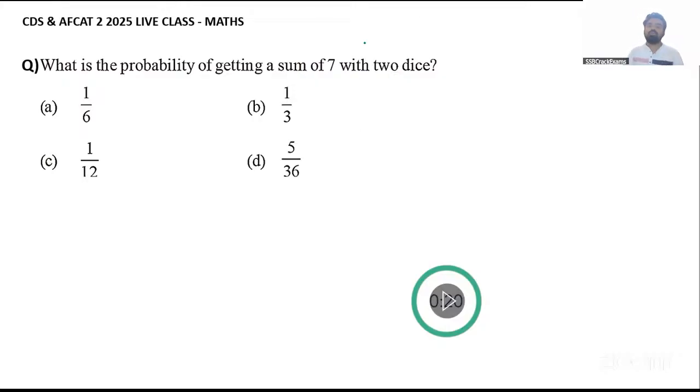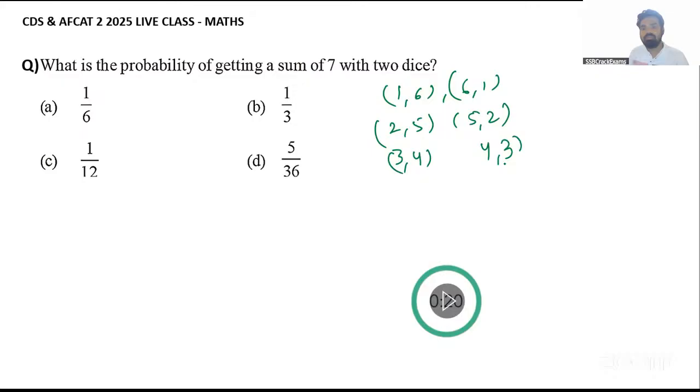So when the sum will be 7, it is in the case of 1, 6, 6, 1, 2, 5, and 5, 2. Okay. 3, 4, and 4, 3. Is there any other possibility? No. These are the only possibilities when sum will be 7. So